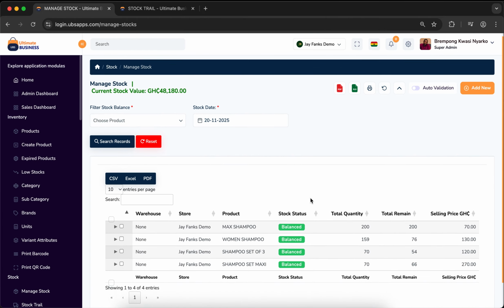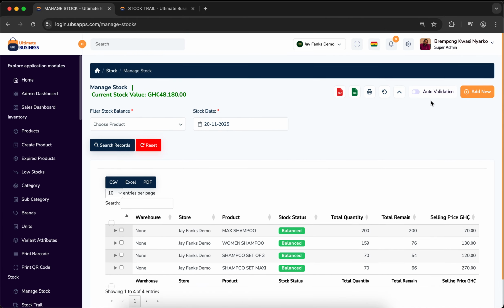Okay, all right, now let me talk about this auto validation feature. The auto validation feature is there to ensure that your stock status are always aligned, or your stocks are always balancing, so that if someone goes into the system and manipulates the system wrongly, the auto validation feature would revert it. It would always consider the sales records and then the original stock records to validate your stocks or to validate your remaining